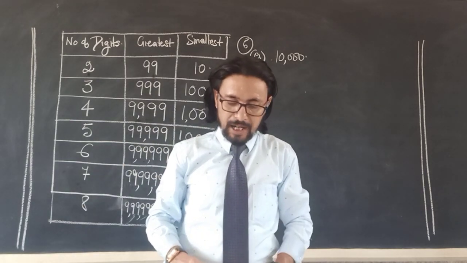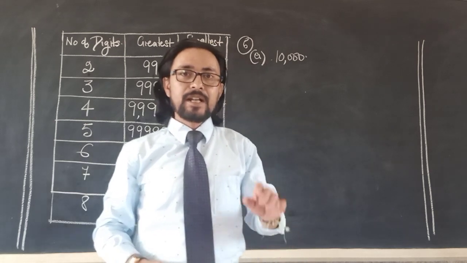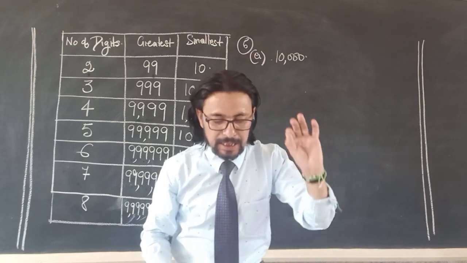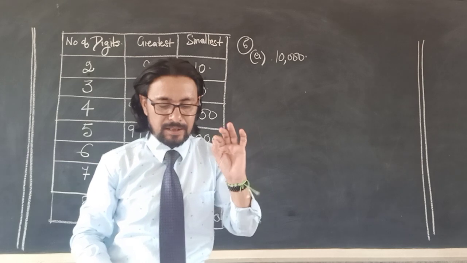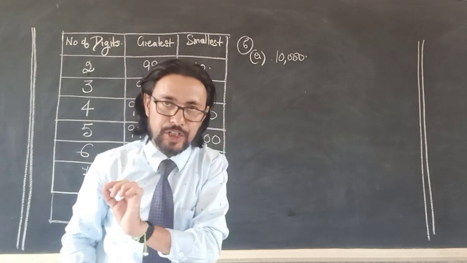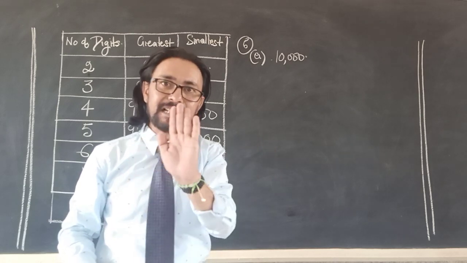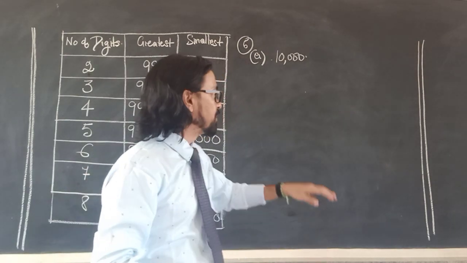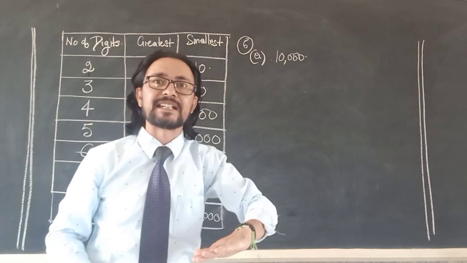B. The sum of the largest 4-digit number and the smallest 5-digit number is. Now you will write this entire statement in your notebook. You will write B. The sum of the largest 4-digit number and the smallest 5-digit number is, and blank or dash or a simple straight pencil line. Leave it. After that, when you've written that sentence, you will write the answer, which I will show how you get it. But this working has to be under that statement.